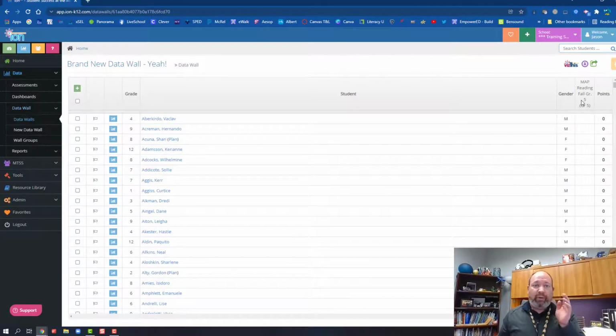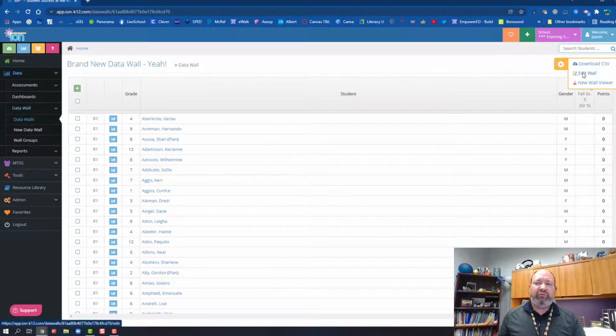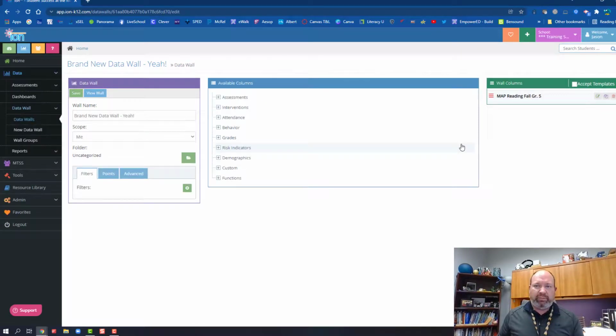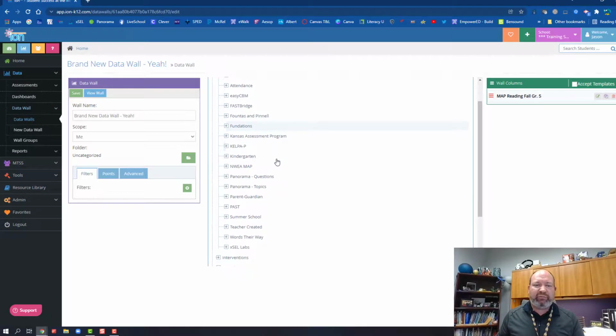So now, let's say I want to have this data wall and I want to add to it, or I want to change some information on here. This little gear is where you go to, so I'm going to click on this little gear, and I'm going to choose Edit Wall, and that is going to take us right back to this screen again. And so now I can start entering more information. So now let's say I have map scores on here. I want to take a look at